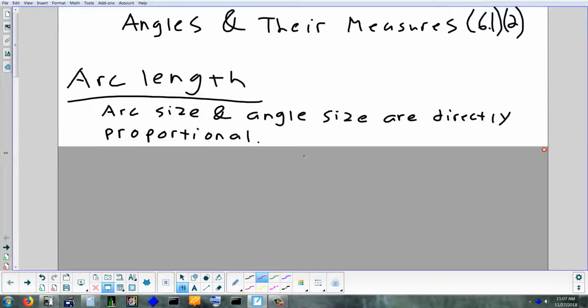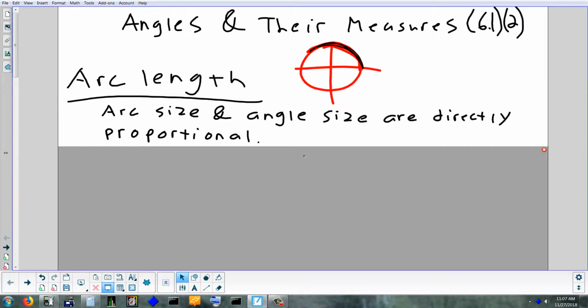All right, so arc length is basically, we're going to come up with a formula that gives us a way to find out on a circle how big of an arc you traced out given an angle. They'll tell you how big of an angle to draw, and you're going to find the length of an arc like that. Okay, but one thing we have to know going into it is that arc size and angle size